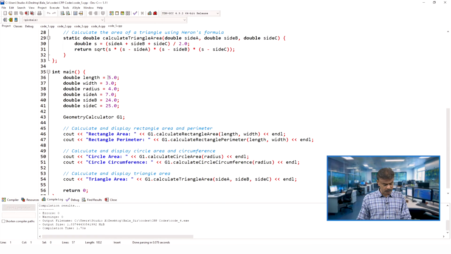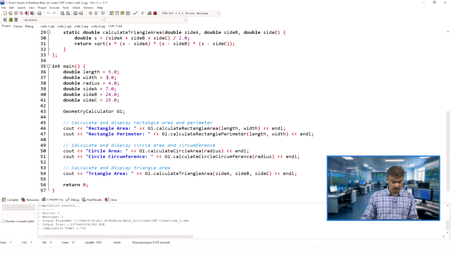In main you have defined all the variables: length, width, radius, side A, side B, side C, and then at line numbers 46, 47, 50, 51, 54 we are printing the area of the rectangle, perimeter of the rectangle, area of the circle, circumference of the circle and triangle area.